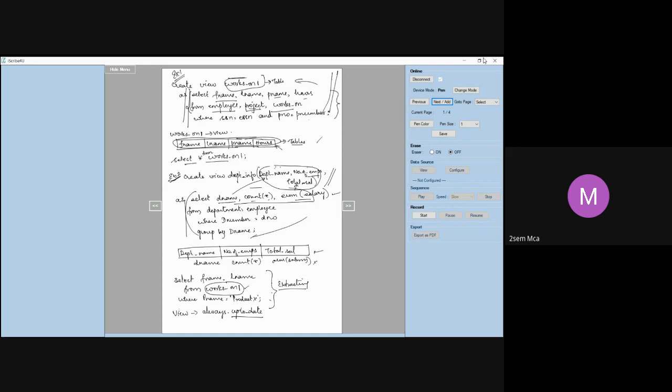That means, see what I have done here. I have created a view from department and employee. Now I go back to this department table and this employee table, and I do some insertion and some updation there. That will get reflected in your view also. The view will automatically get refreshed. That is why we say a view is always up to date.